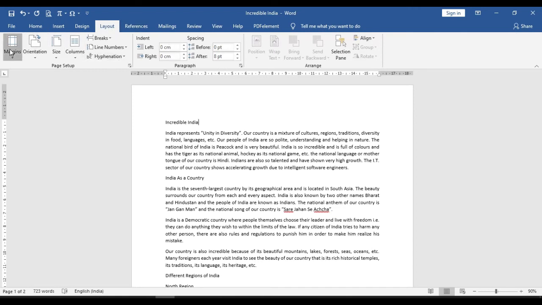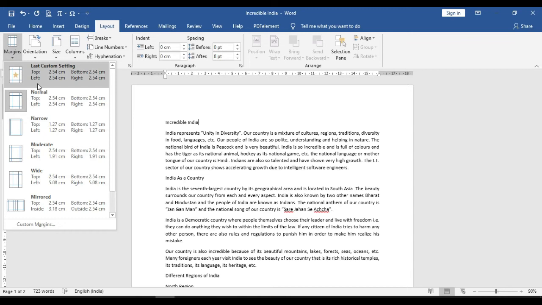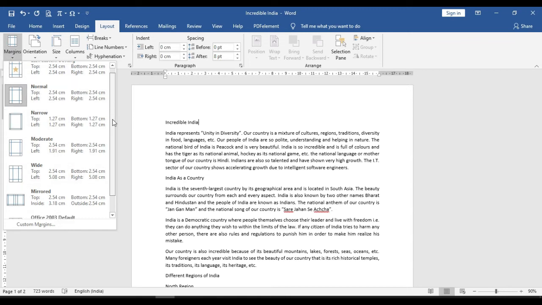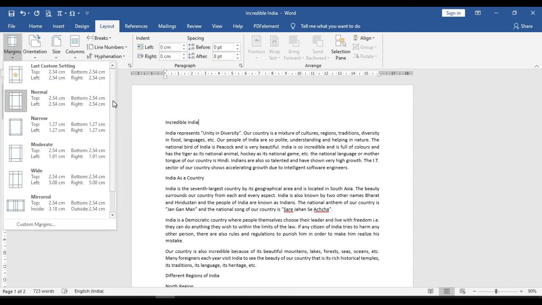We can set the page margin by going to Layout tab, then select the margin option. Here some of the predefined margin are already there. Okay, as of now I am selecting the normal margin where the top white space is 2.54 centimeter, the left white space is 2.54 centimeter, the bottom and right all are 2.54 centimeter. This white space you can change it to different, like this is narrow. When I click on this narrow, just look at how the page margin change.